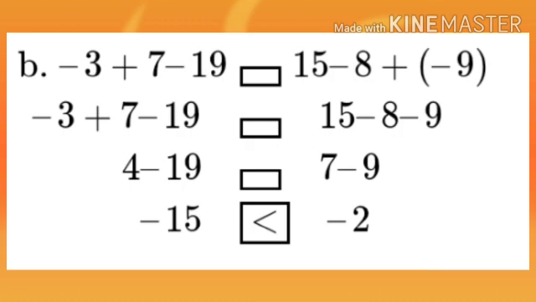Here addition and subtraction operations are performed. First we can take minus 3 plus 7. One is a negative integer, another one is a positive integer. What is the procedure for adding one negative and one positive? Take the difference of these numbers and put the greater number's sign. So the difference of 7 and 3 is 4. The greater number is 7. The sign of the greater number is plus. Therefore, minus 3 plus 7 is plus 4.